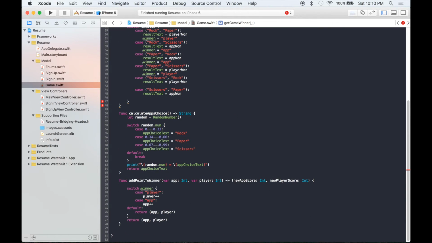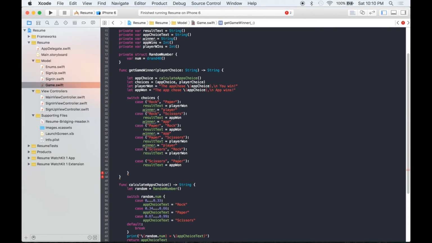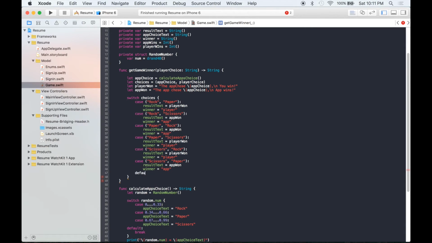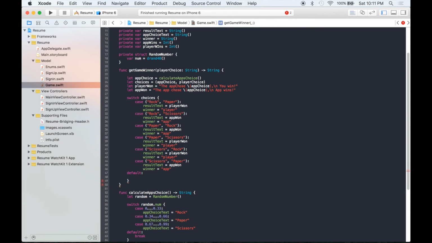Down here we put player and app, so it needs to exactly match whatever you put down here, up here. So here, let's do winner equals and player. And for this one down here, we're going to do winner equals and then app. Okay, so now you should have result text all set and the winner set as well for all of your cases. And the last thing we need to do here is put in a default,